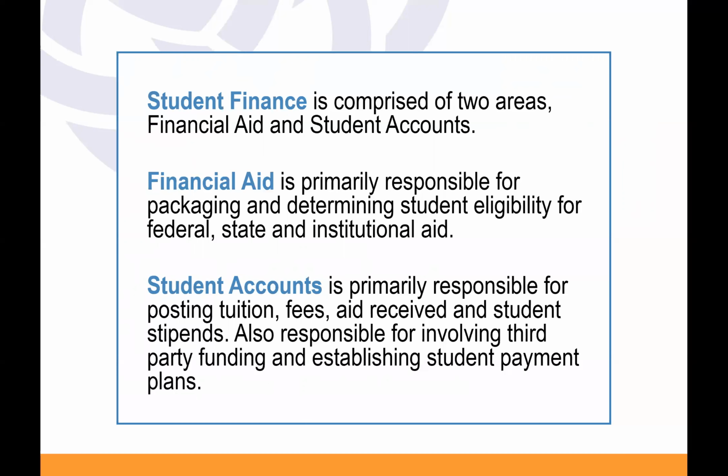They are also the department that works with your stipends, right? Your stipends, which is the credit balance. Sometimes with financial aid, you get approved for a loan and then there's a credit balance, right? So it will be student accounts that will determine how much it would be when they post it on their ledger, any discounts that haven't been posted, any late fees, it would all be student accounts. It will not be financial aid. Financial aid is basically just getting your loans or your grants, all your fund sources set up before the semester starts.